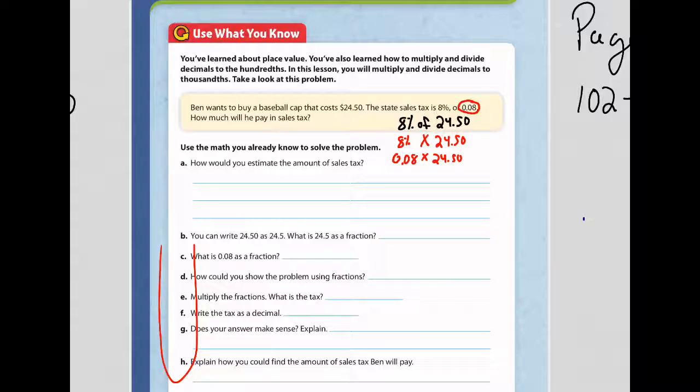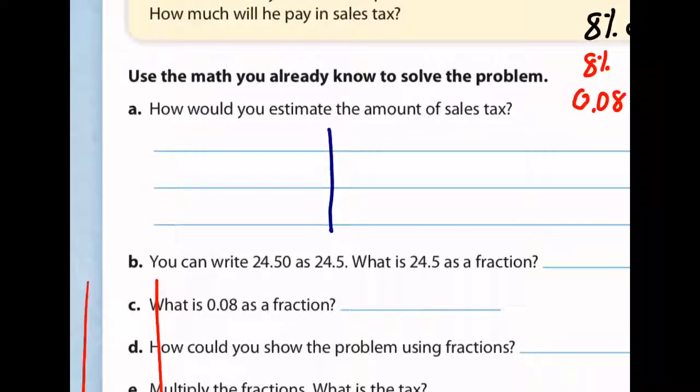I'm going to show you here on the left of that line first, and then I will explain it. Remember, I'm going to estimate the problem 8 hundredths times $24.50. The first thing I would do is change $24.50 to $25, just because that's an easier number to work with. Second, I would round 8 hundredths. 8 hundredths is really close to 1/10. That 8 will round it up to 1/10. But I want to think of